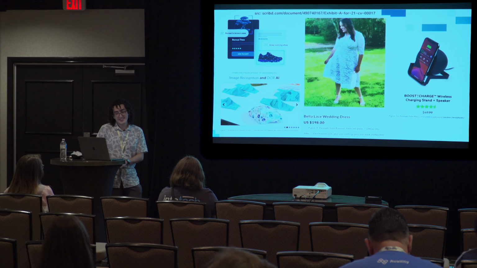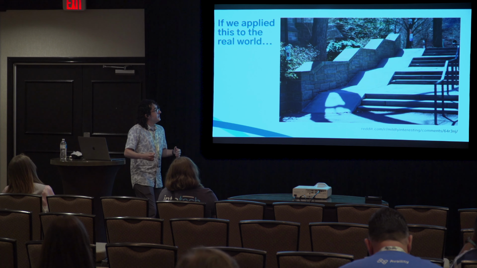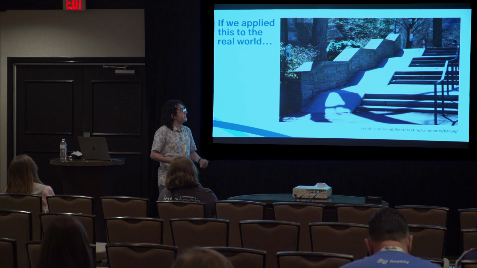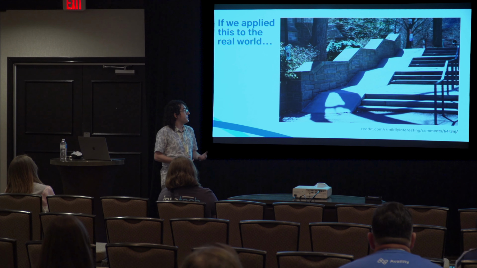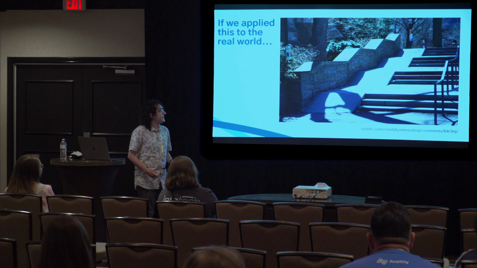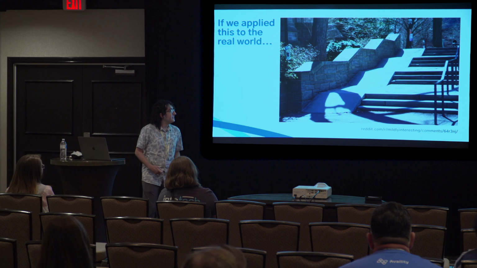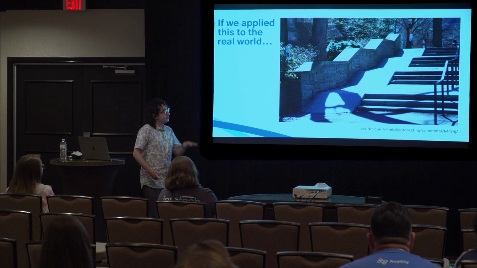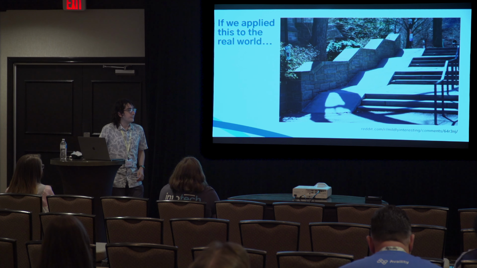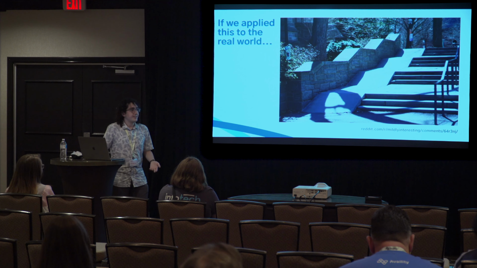I think a good analogy, a picture that I really like is this here. If you took this AI and asked it to make these stairs accessible, it would do something like this, which is, strictly speaking, correct in that there is a ramp that a wheelchair user could use. But if you asked a human to make a wheelchair ramp in these stairs, would they do it like that? Probably not, because that looks kind of uncomfortable to use. If it's even compliant, because it might be too steep with the way it's laid out. Not really the point, but this is the kind of thing that you run into with these services. So it just doesn't work.